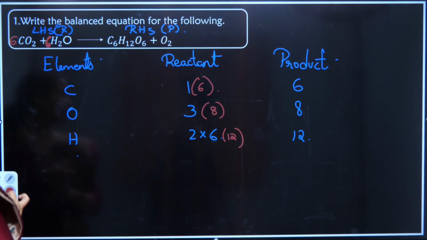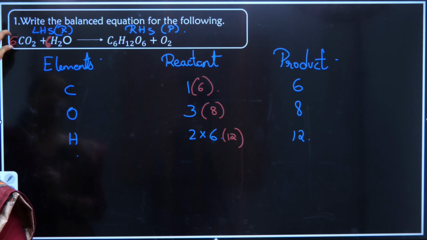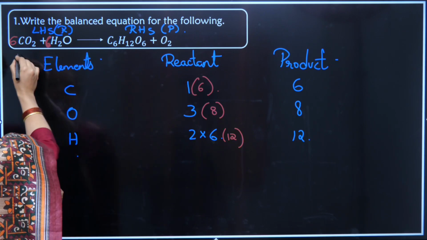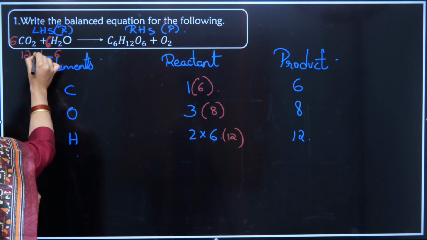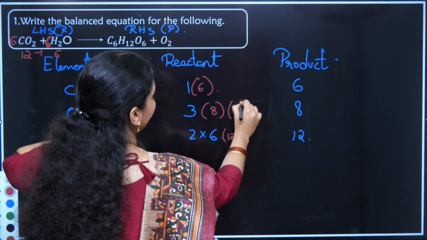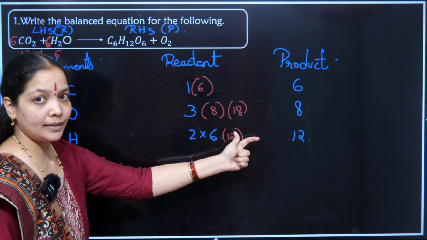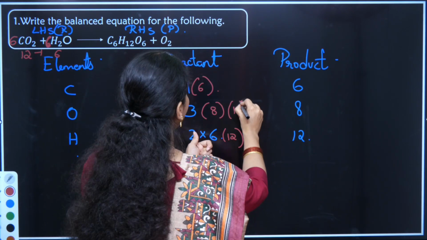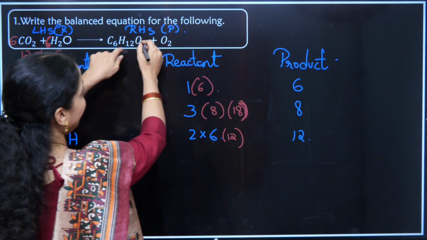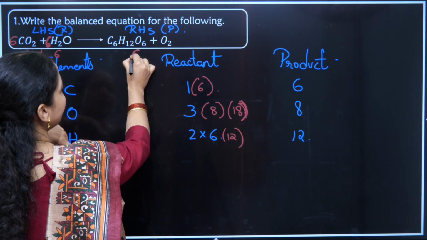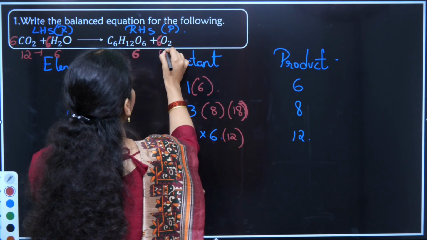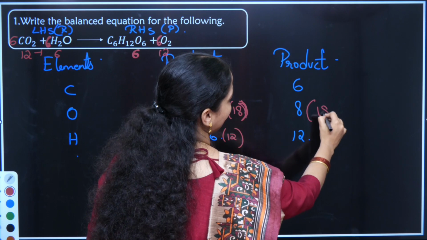I'll place this in front of carbon dioxide. Now this is changing the volume of oxygen also in my reaction. Therefore, carbon turned 6, but oxygen, 6 2s are 12 here and 6 added together, oxygen is turning 18. The second change I am writing in the second bracket here so that we will not get confused. Now if I have to make this 18, in this part I have 6 already present in glucose. So I will take 6O2. Now 6 plus 12 is 18. My oxygen is also balanced.